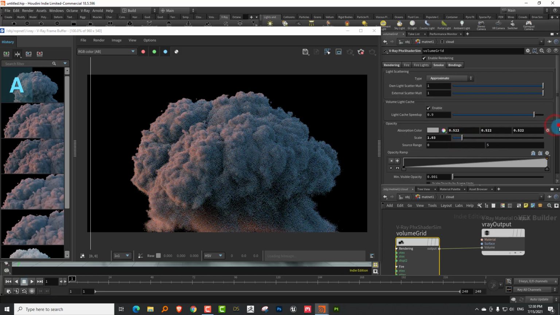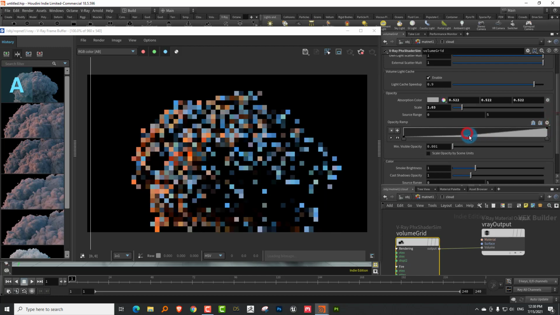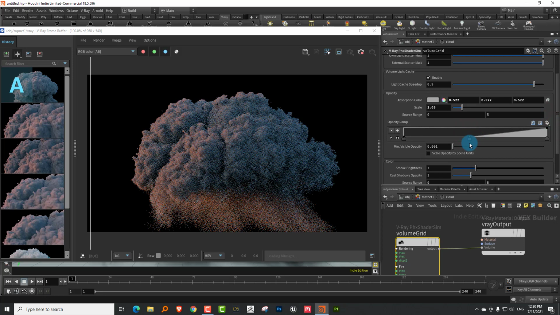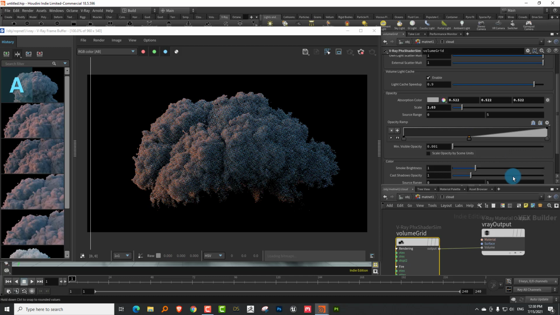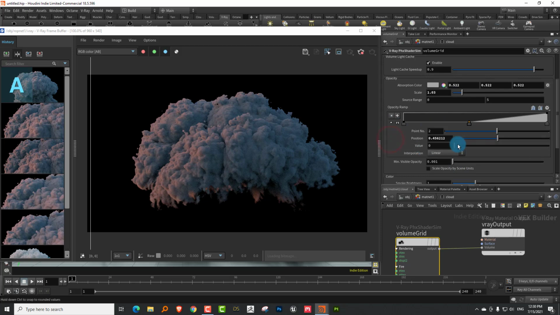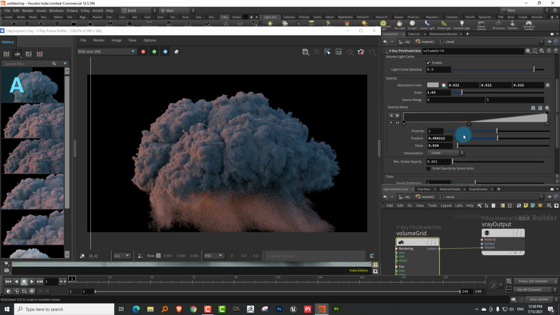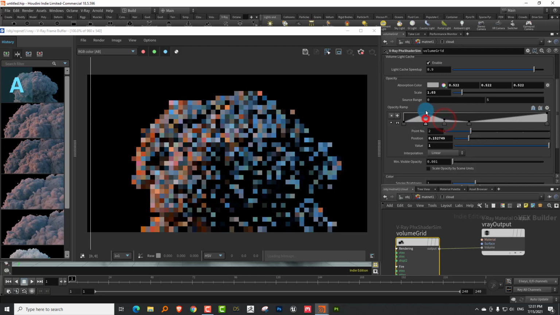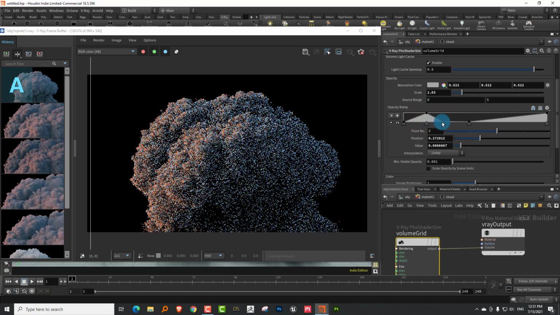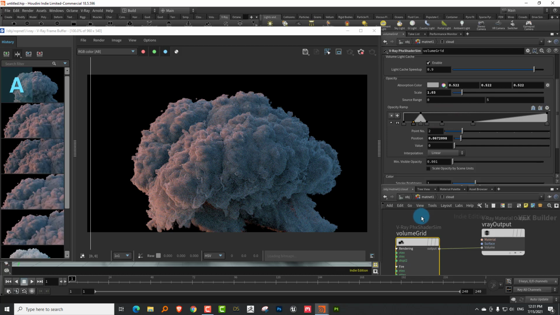And then you also get an opacity ramp. Okay, so we can just sort of control this. See, if I do this, it will just cut off the low density areas completely. Okay, it looks weird, but maybe I can just keep it to a little bit of value. So you can do that. Let's try something silly. So I can do something like this. Yeah, okay, that looks weird. That actually looks almost cartoonish. You could probably do something fancy with this.